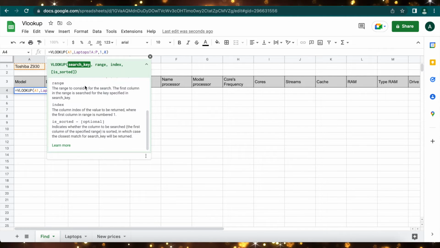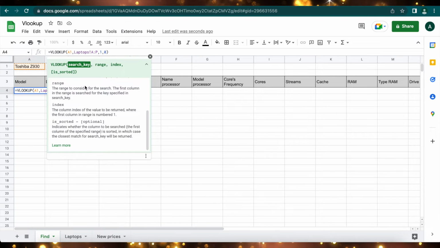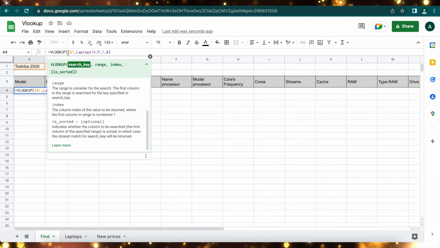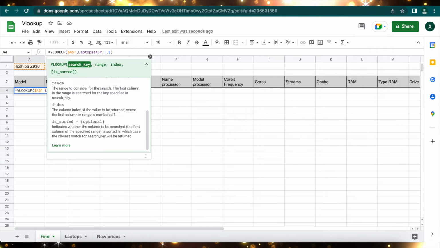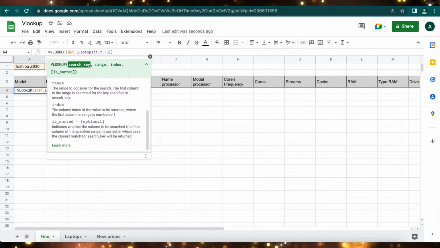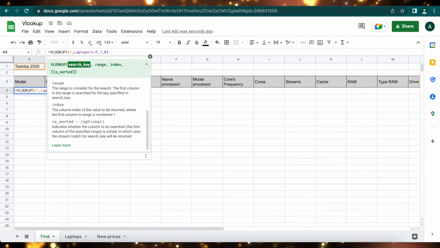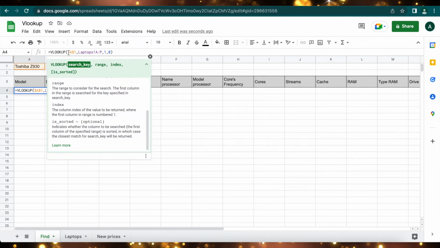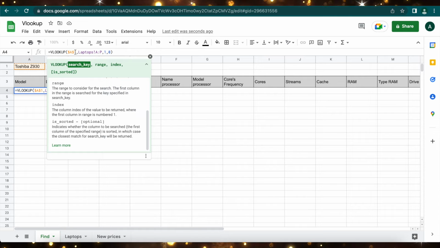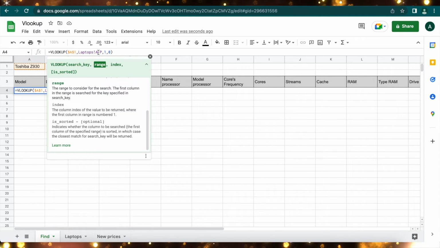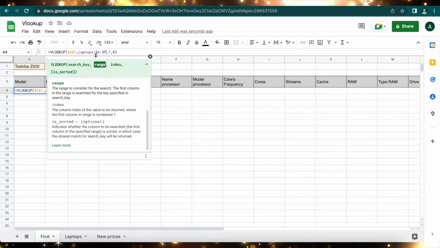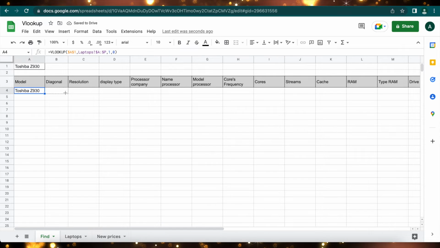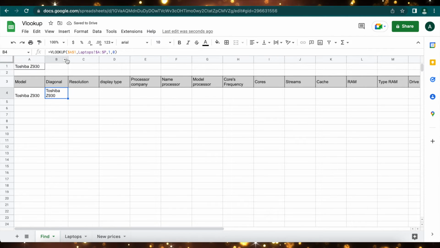If you remember, in our previous lessons we used the dollar sign. You can input dollars near the number and near the letter in that way, or, depending on your laptop, you can use the F4 key. And this dollar sign was inserted near the letter and near the number. And the same for that range. Enter. After pulling right, for example, we find